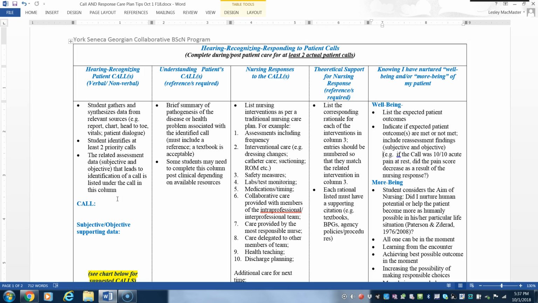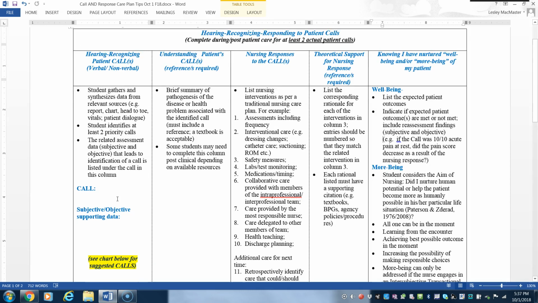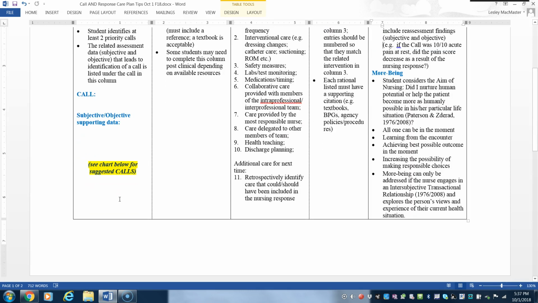Now, students initially may need some help doing that because they're not sure of how to synthesize and come to a focus for their care plan. But with a little bit of practice, they will get very good at this. The data that